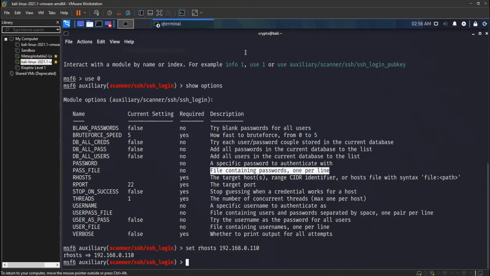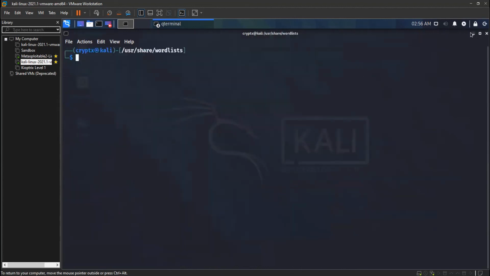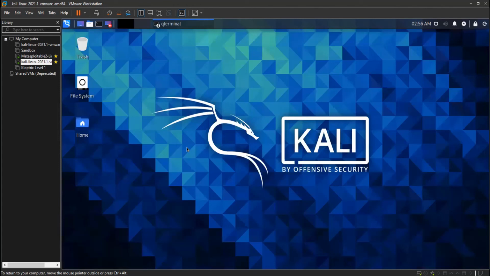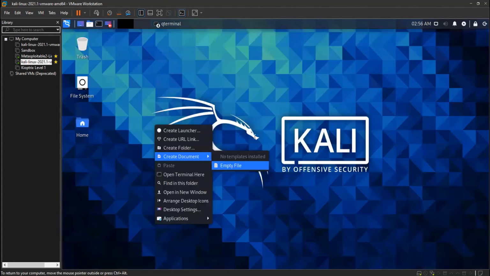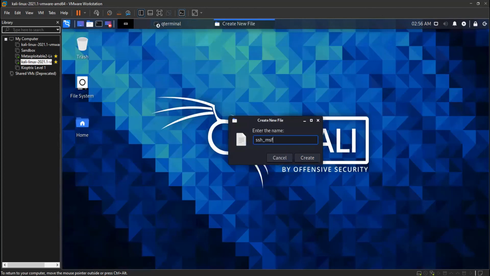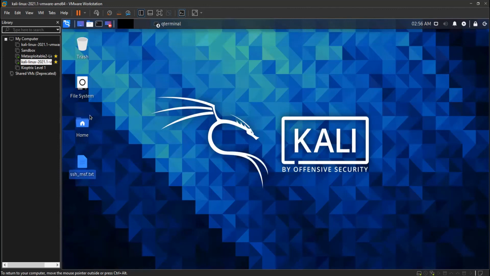I'll go to my desktop. I'll create an empty document file, ssh_msf.txt. In this password file, I'll just enter random passwords for now, but you can use Crunch to generate them.